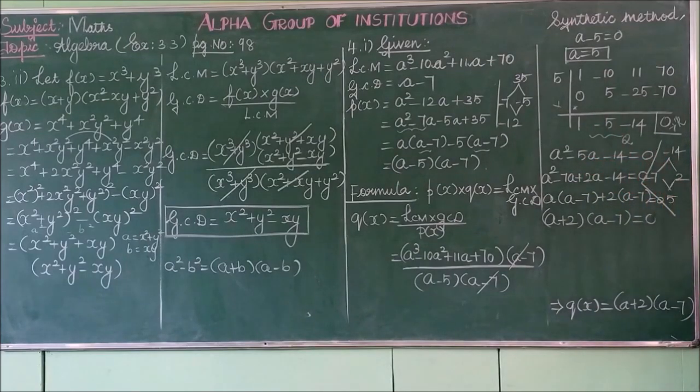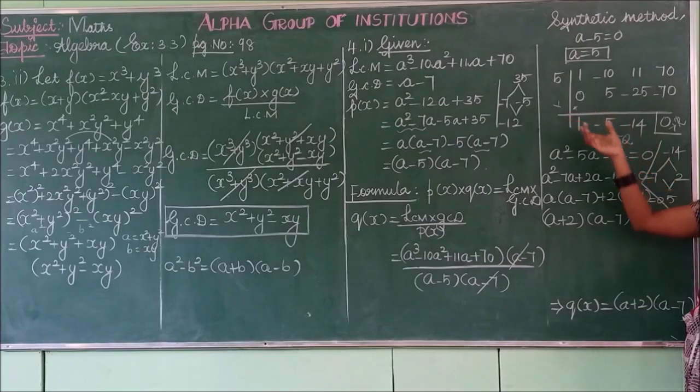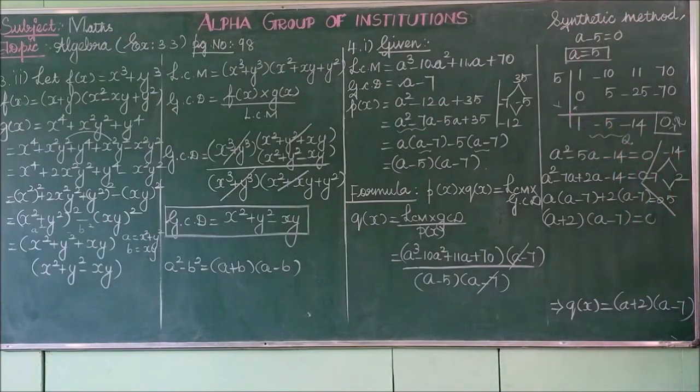Again you have to find the factors, because it is not only the value. You have to factorize the expression again. This coefficient you have to factorize another time. If you multiply any two values you get 14, and if you add any two values you get 5. What are the values? Minus 7 and 2. Minus 7 times 2 is minus 14. If you add those values you get minus 5.